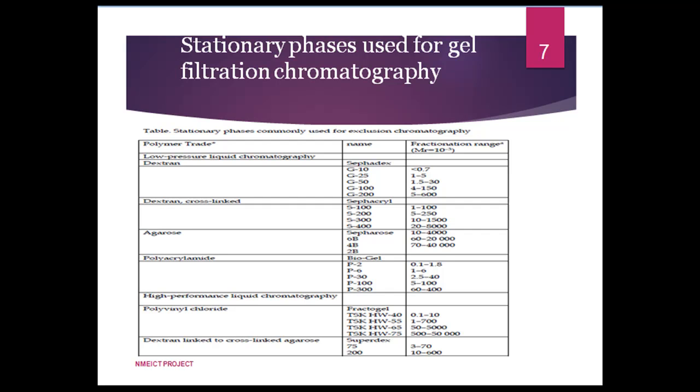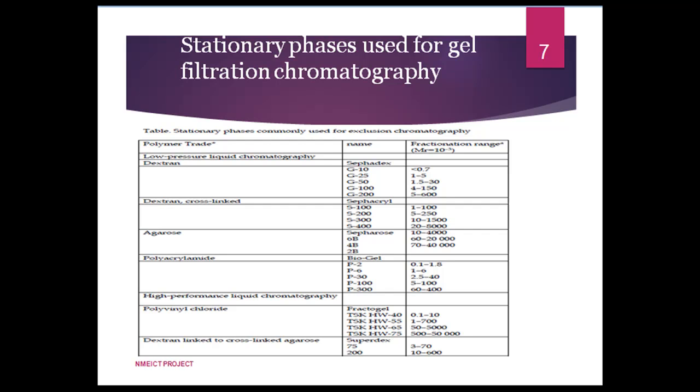The supports for affinity separation are similar to those for exclusion separation. For low pressure liquid chromatography, different types of matrices are used as shown in table 1. For instance, dextran is available under the trade name Sephadex, and different types are available depending upon the molecular weight you want to separate. That means they will exhibit different cross-linkage or porosity depending upon the range of molecular weight which you want to separate, as shown in table 1.